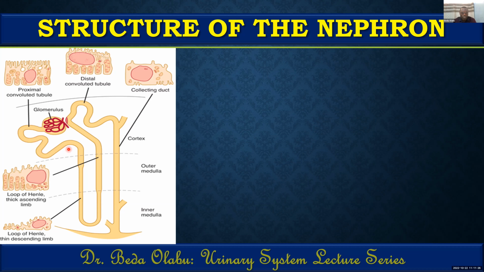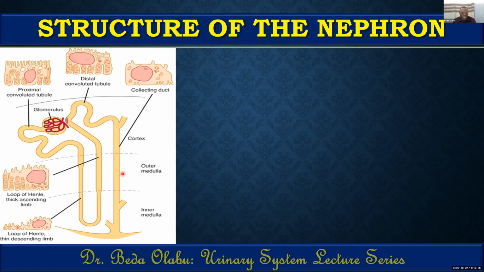proximal convoluted tubule, which has characteristics of high absorption. And then we have the loop of Henle with both a descending and an ascending limb. And we have the distal convoluted tubule. The distal convoluted tubule has important functions in terms of having what we call the macula densa cells within it that are able to detect the concentration of sodium in urine. So those are the three major segments of the renal tubules, but beyond the tubules, we have the collecting